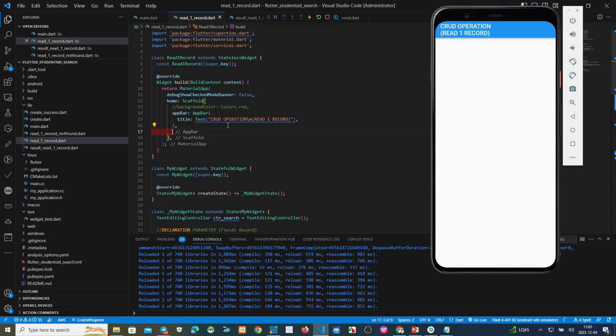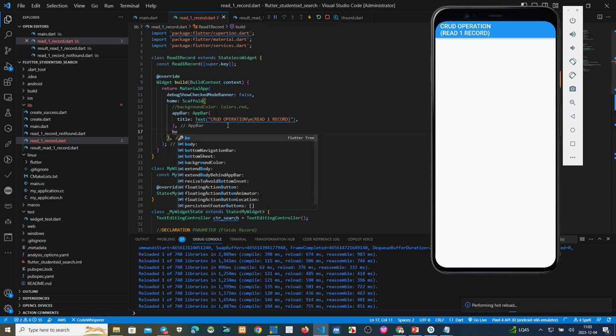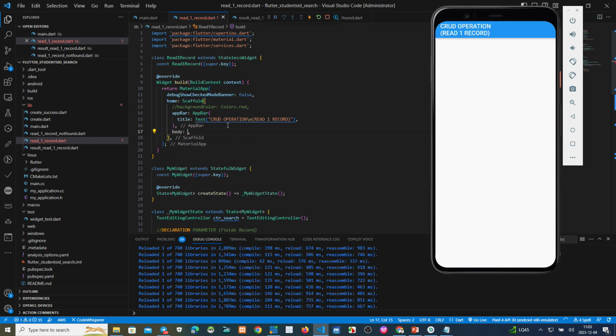We make this body call MyWidget here. From here, the stateless widget calls this one. We can see this one.